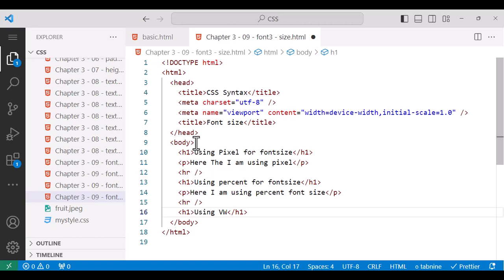So we can use viewport width as a unit for font size. So let's say paragraph of here